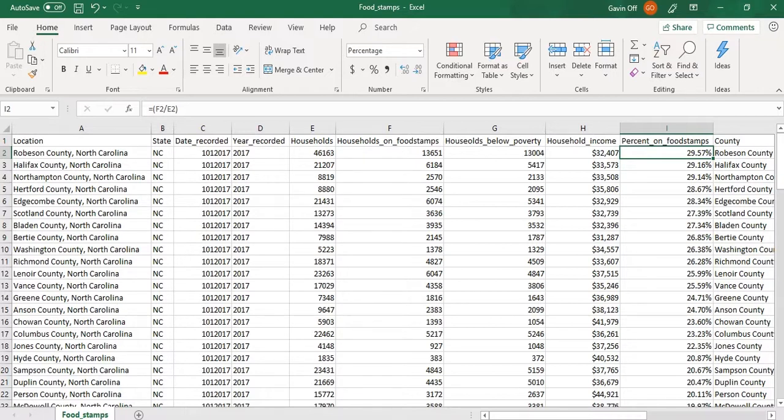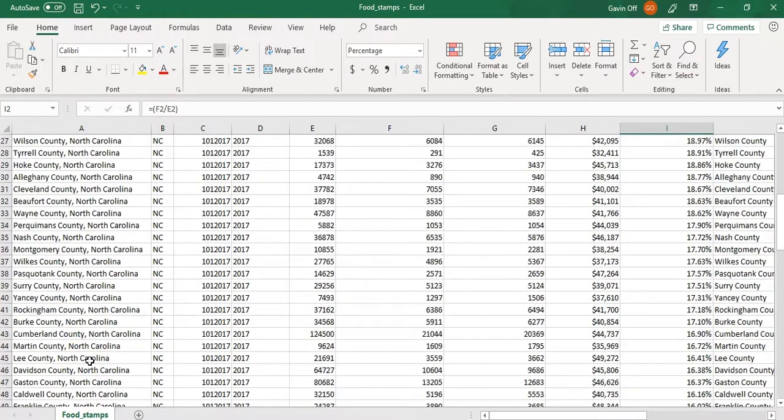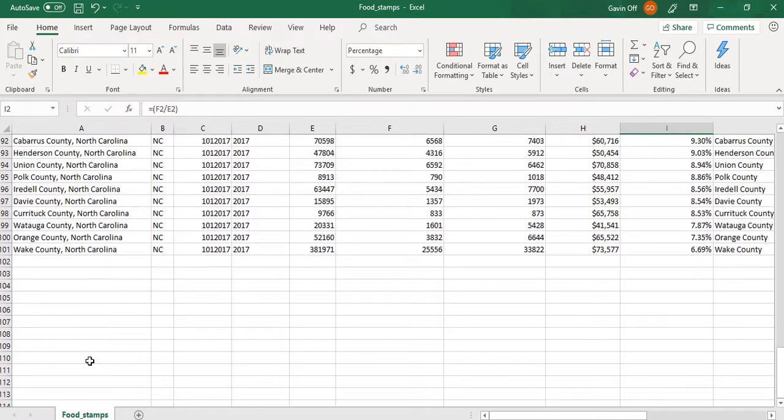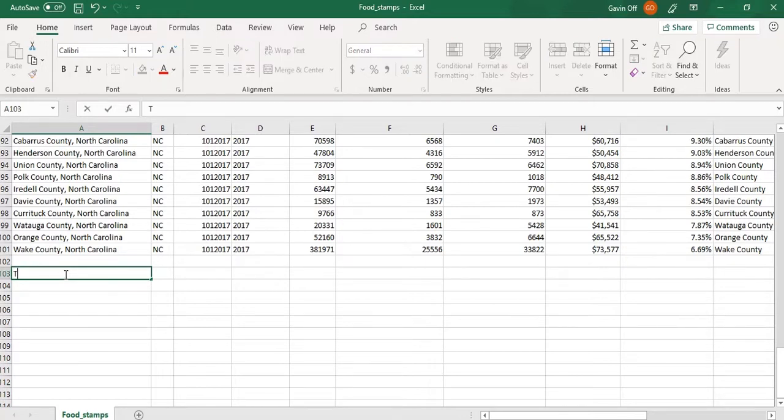Now let's write a query. We see how these are on food stamps by county. What about for all North Carolina? So scroll down to the bottom. And remember, when you do some sort of calculations, especially totals, I like to keep my total one cell away from the last field of my data. That way when I sort it, I'm not going to sort my total as well. So I'm going to call this total